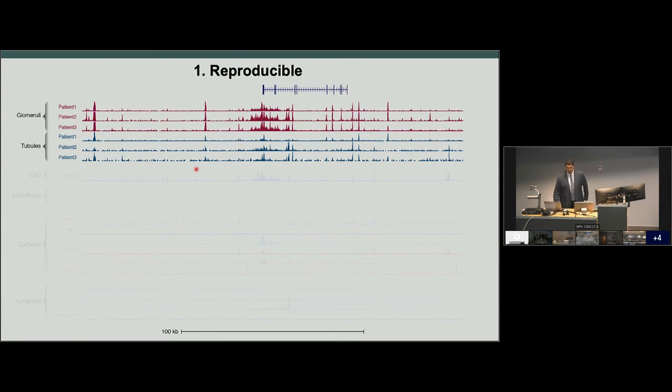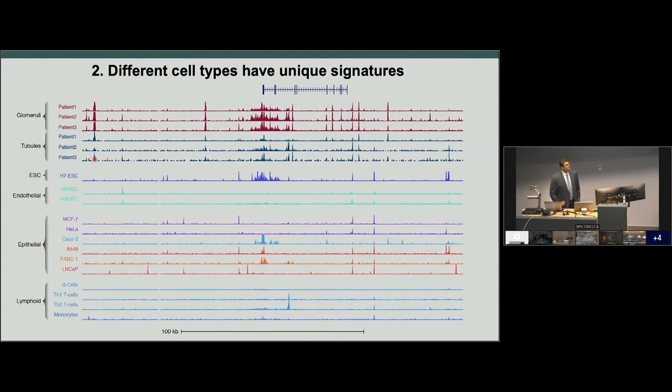Here we're showing 3 different tracks from glomerular cultures from 3 different patients, done at different time points of collection, but you can still see that the overall pattern is extremely similar. That's the same thing for the tubules here from another 3 patients. The converse is that each cell type may have a very unique signature. Within a particular cell type or sample, the signature is very similar, but across cell types, for example, this particular peak is present mostly in the glomeruli, a little bit in the tubules, and not so much in these other cell types shown here. Conversely, there are other peaks or enhancers that are present in other cell types.